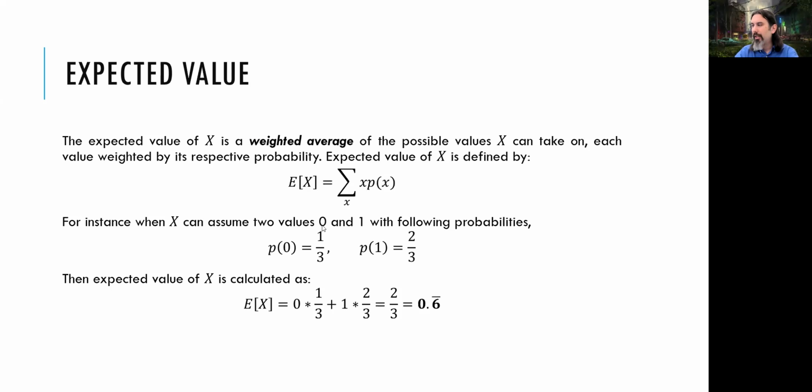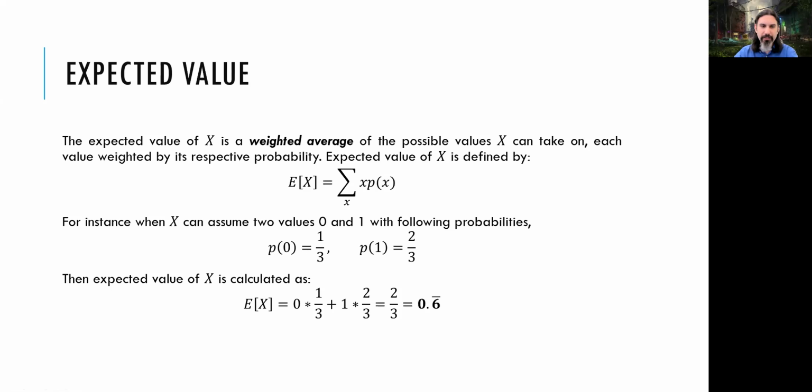So for example, take a look at this one. We know that x is 0 and 1. X can only have two values, 0 or 1. Okay, and the probability of x being 0 is 1 over 3, and the probability of x being 1 is 2 over 3. So the expected value is 0 times 1 over 3 plus 1 times 2 over 3, which is going to be found as 2 over 3, as you can see here. We have to calculate the probabilities and then multiply these probabilities with the outcome values and then sum them all together.